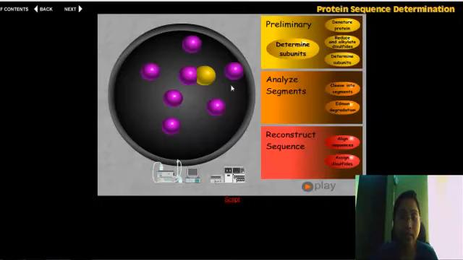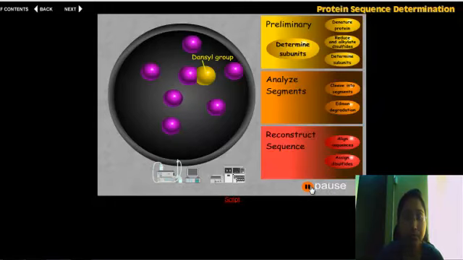Acid hydrolysis is done just to make sure that all the amino acids are released from the protein, and these amino acids will be separated, and then we'll try to find out which amino acid is present at the N-terminal region. We can use this information further when we want to reconstruct our sequence. At that point we need to know which amino acid is present at the N-terminal region. The N-terminal residue is still a highly fluorescent dansyl amino acid.